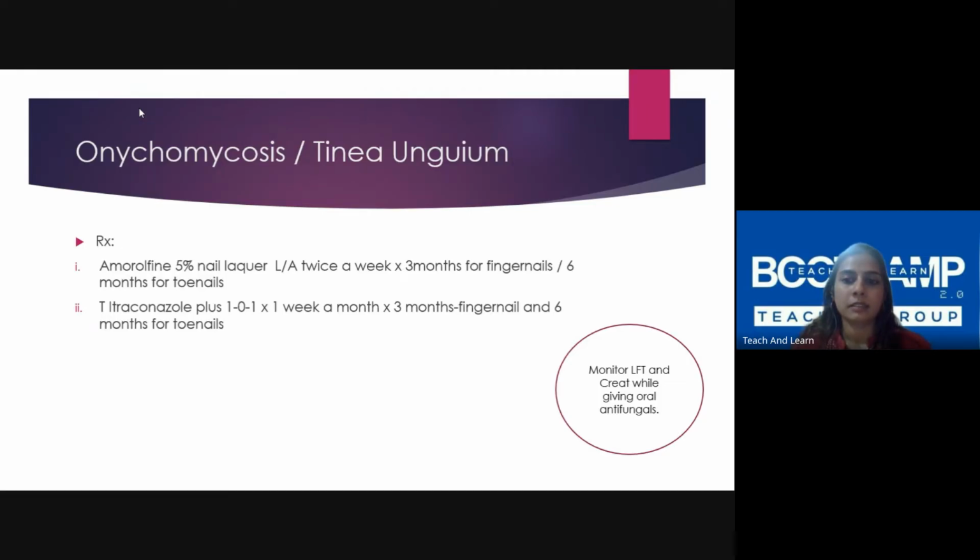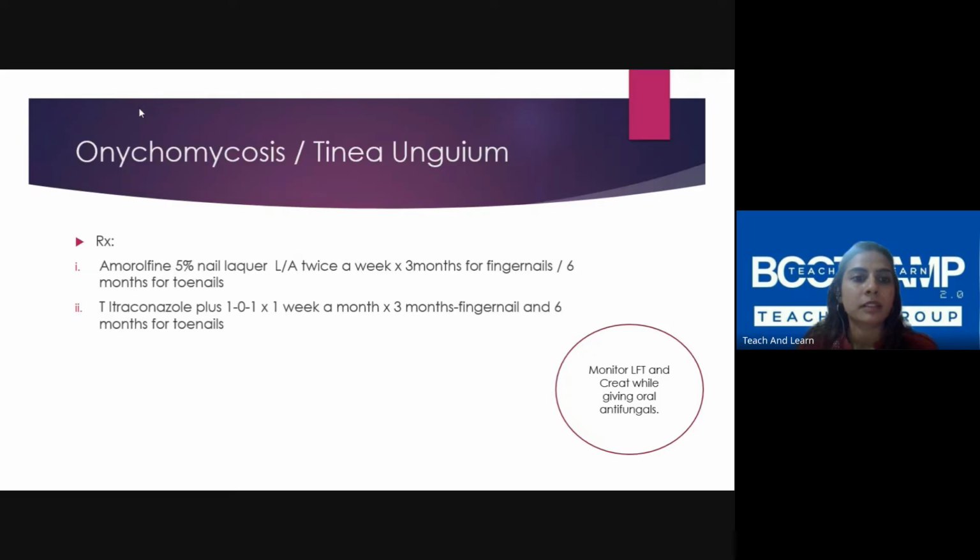Yes. Dhwani has made a very valid point about using Whitfield's ointment. Whitfield's ointment is commonly used, but it should not be used in isolation. Whitfield's ointment basically removes the top layer of scale and allows the penetration of your other drugs. So if you are having a lot of resistance, you can use Whitfield's ointment, but do combine it with another antifungal. It's not an isolated treatment. Otherwise, you'd have a lot of cases of relapse, because you're just smoothing out the surface, but the hyphae are persisting underneath. Yes, in my hospital also we used to use salicylic Whitfield's, but we always used to ask them to mix it with another antifungal, and then give.